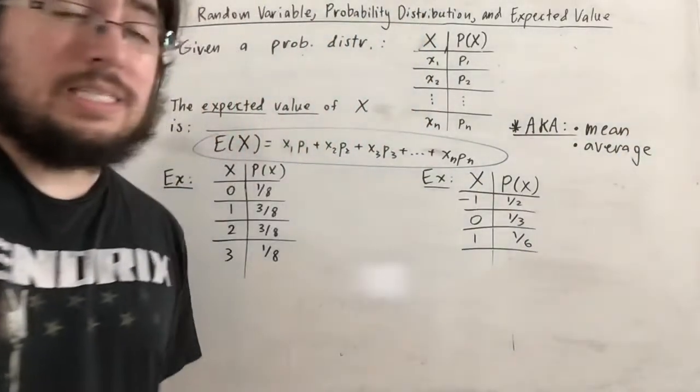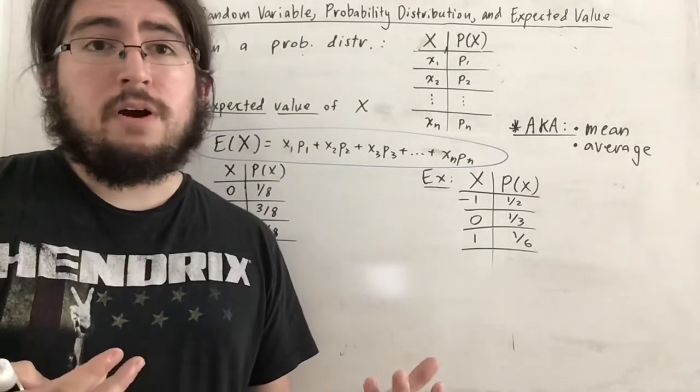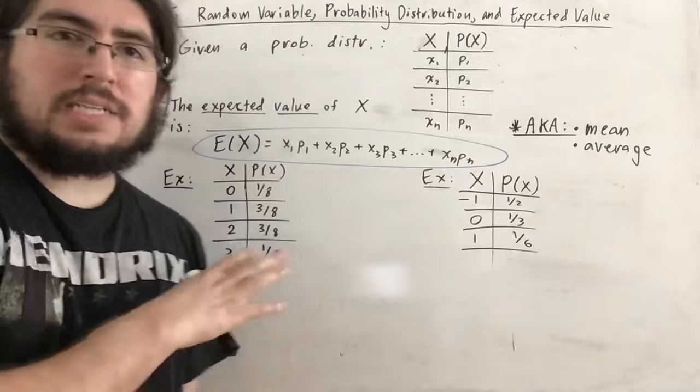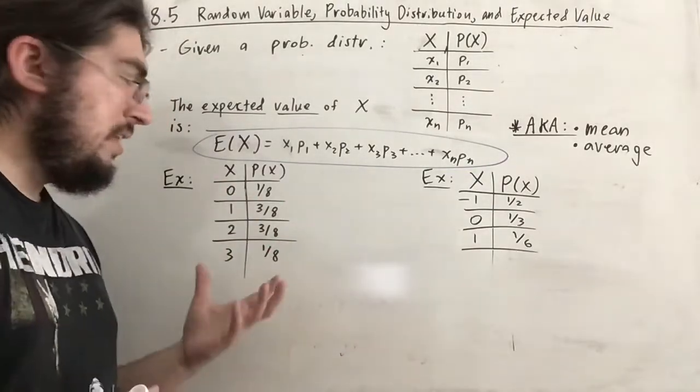That's literally what it is. In fact, if you were to add up all the values and divide by how many there are, it would be the same thing. And you will see that actually with this example. So of course, going back to the example we've been seeing all throughout this video, the tossing a coin 3